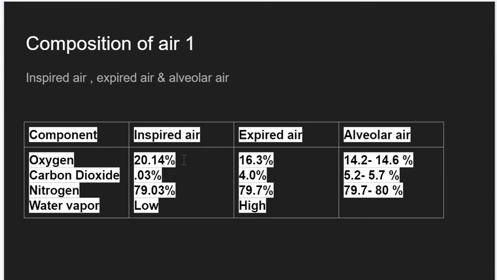20.14% of oxygen, 0.03% of carbon dioxide, 79.03% of nitrogen, and very low amount of water vapor. In expired air, we contain 16.3% oxygen, 4% carbon dioxide, 79.7% nitrogen, a high amount of water vapor. So look here. Here we can see that the air we inhale, जो हम inhale करते हैं उसके अंदर इंस्पायर्ड